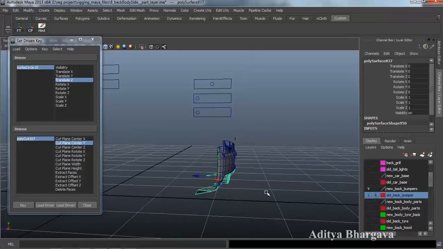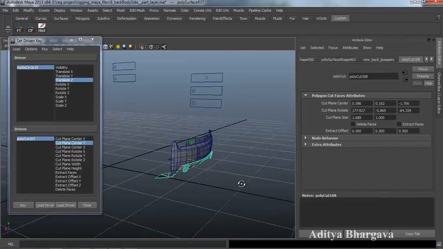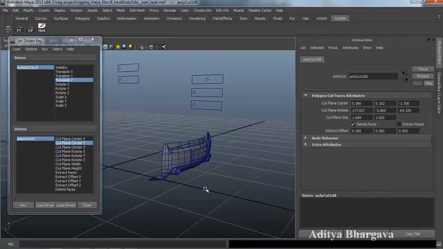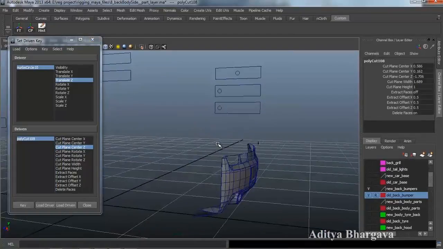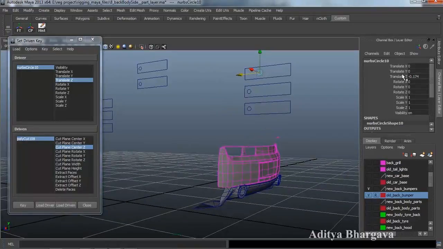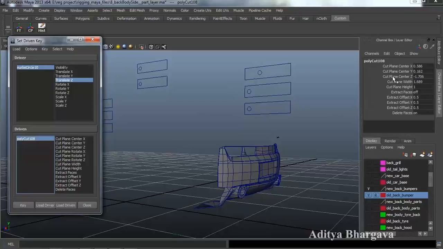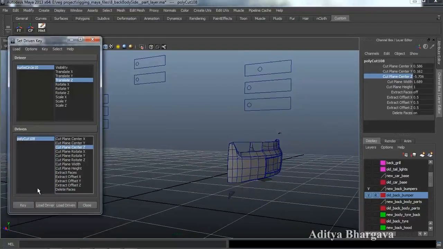So for this object we'll go to the cut faces tool, place the cut faces tool over here, press W, press Ctrl A, add delete faces, select it, make it the driven object, select the Z axis, press Ctrl A again, and we'll keep this object hidden till this part. So we'll select the polycut, make it hidden, add key, Z key,